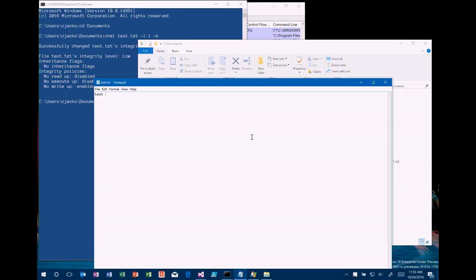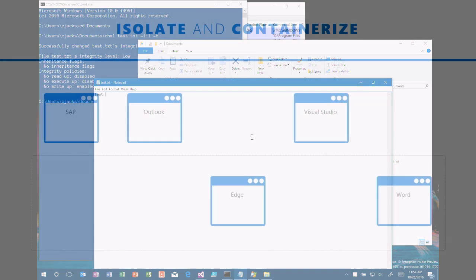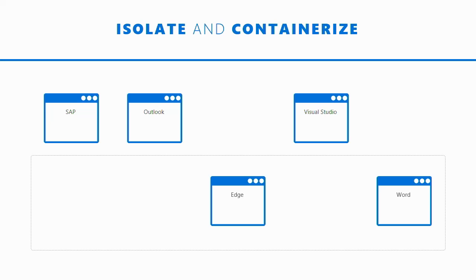So I have this basis. I've now gone from everything is the same, everything is equally trusted, to now I have some tiers. Right? I've got untrusted, I've got normal trust, and I can have high trust like admin processes and system processes. I now have some delineation. It's trust-based authorization, a whole new dimension. And we took this idea and moving into everyone's second favorite operating system, Windows 8,